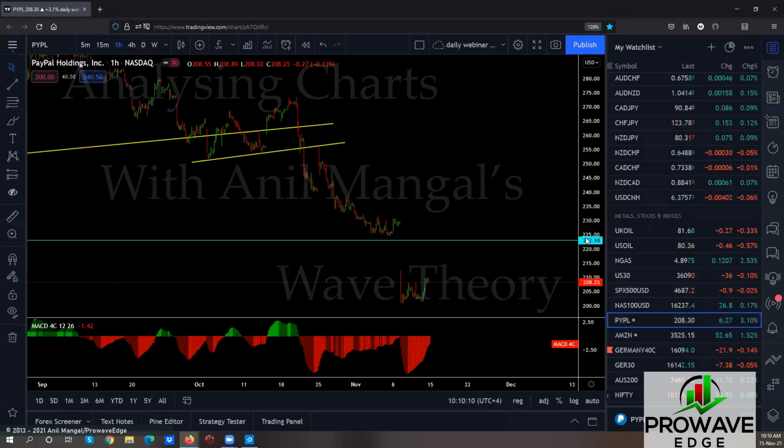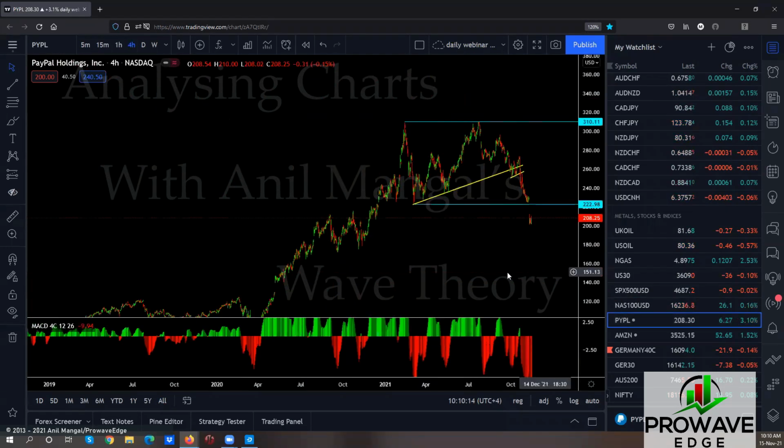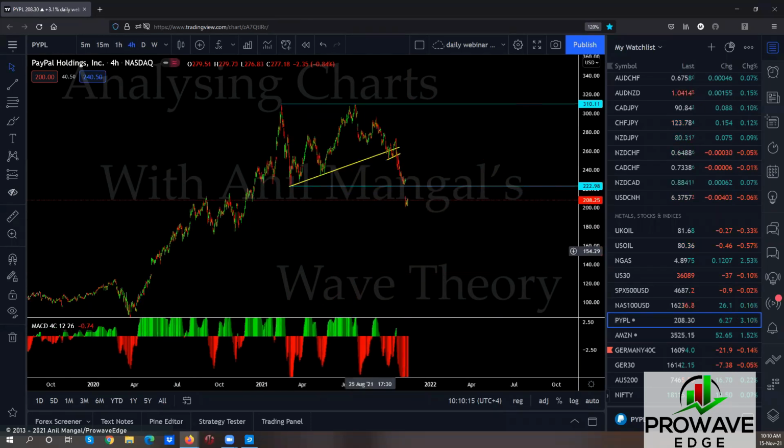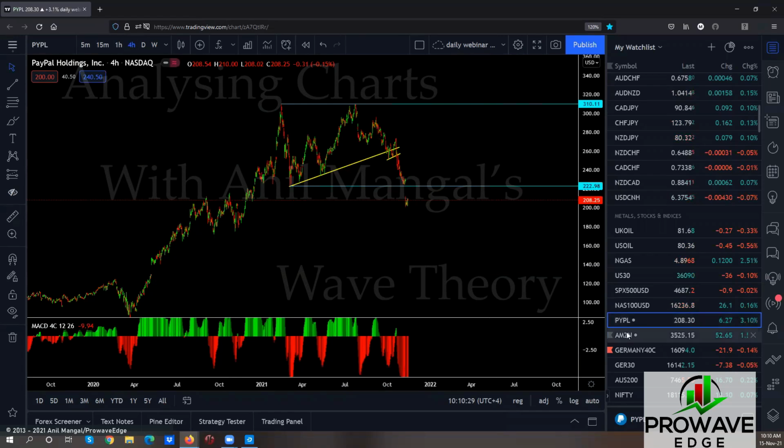PayPal, we broke the low now. So if you're following me, remember what we said, this would come and break the low. So once it breaks the low, you're going to look for two things. Any consolidation here, you sell. Last trade to the downside, which means you will want to take profit. The chances are they can turn and go back up. This looks more like a correction for upside. We don't have buy setups as yet.